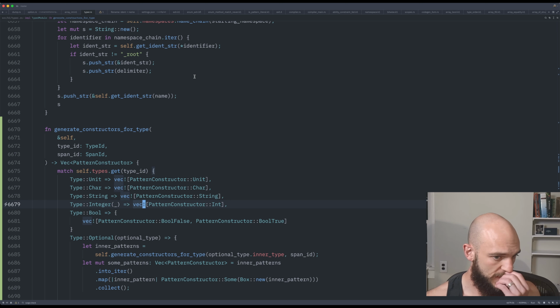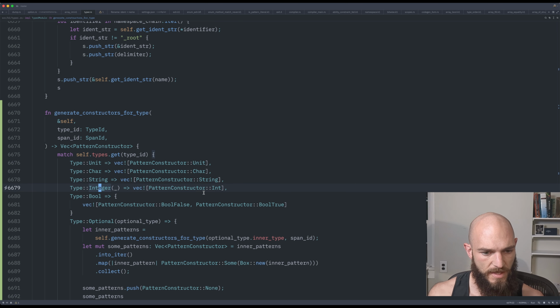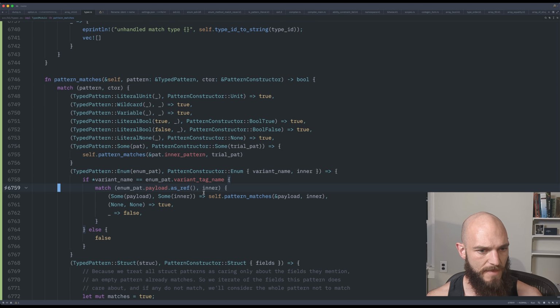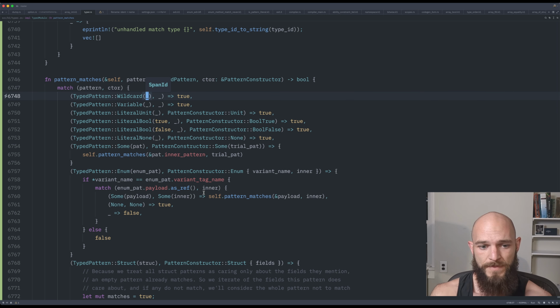Yeah, so this is where we were generating nothing for these types, and we need to generate something so that we force the user to do a binding or wildcard expression. So that's that. And now we need to talk about what we consider a match. So pattern matches. The main thing here is that the wildcard and the variable cases are going to match those constructors. And that's really all we want to do because